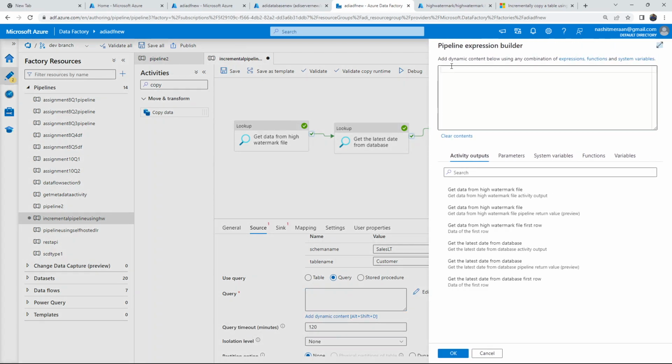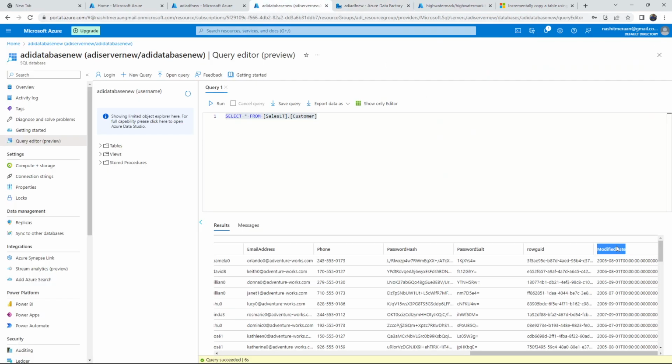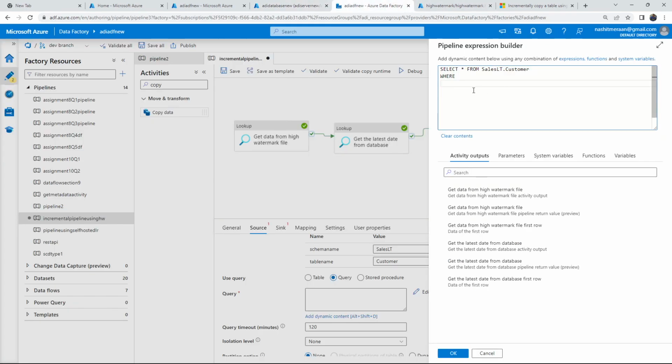So what do we need to use here? First of all we need to write the simple query, select star from customer. These all are case sensitive guys, so please make sure you are following this one. Select star from customer, where this modified date is greater than,